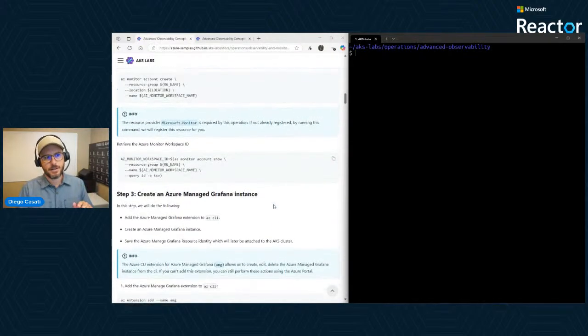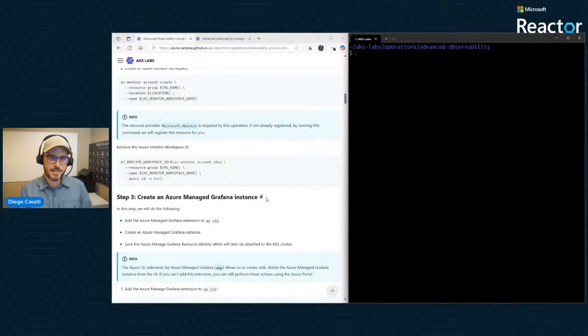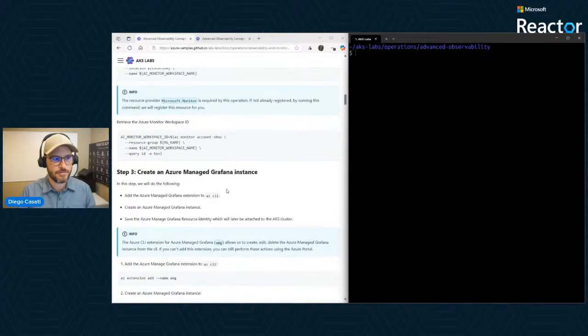Now, a real pause on this. I've run this a few times. If this is the first time you're doing this AZ monitor command, we will register the Microsoft.Monitor resource provider for you in case you haven't done it before. Just a caveat, because if you run this command and you see that the message that comes back says, hey, do you want to register this? Or, we'll register this for you. Know that that's okay. And it is required by that command to work. So if this is the first time, you will see that message, and that's fine. I mean, you're not doing anything crazy there.